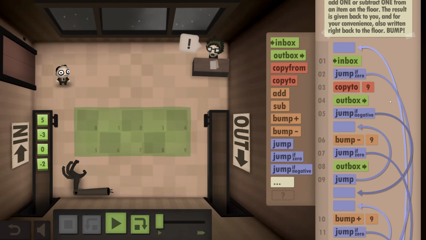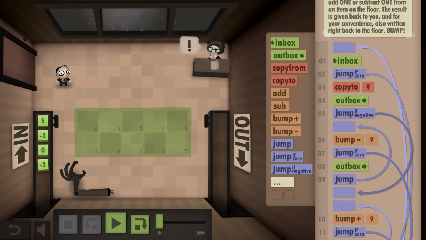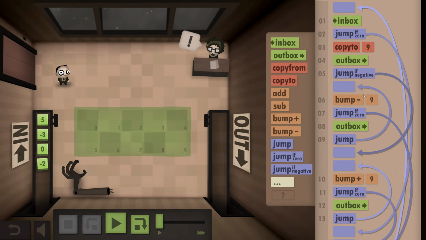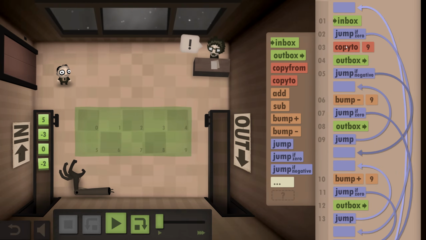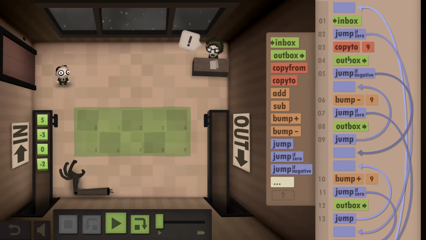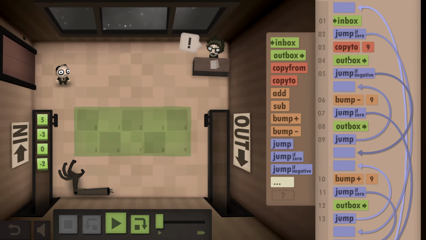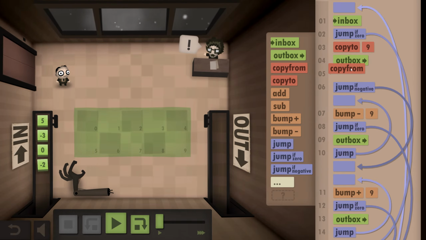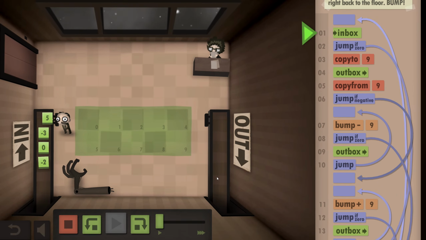Actually, this is wrong. If it's not 0, we know it should always be copied. But to get as few steps as possible, I think it's smarter to have the copy to as part of the loop, isn't it? Let's try. Let's after this outbox, copy from number 9 and see what happens. I think the code should work,